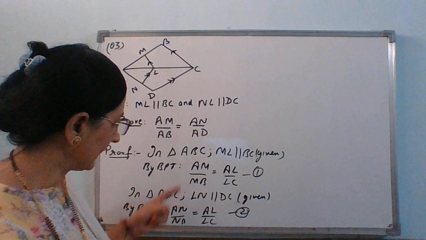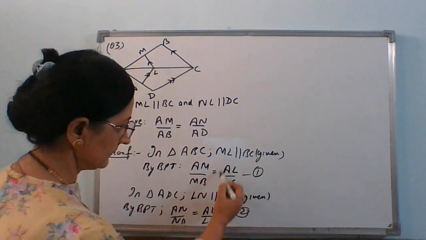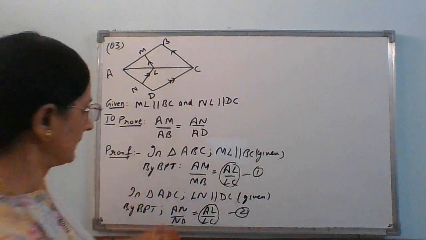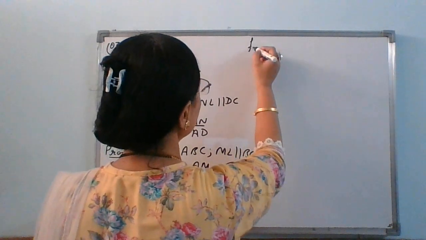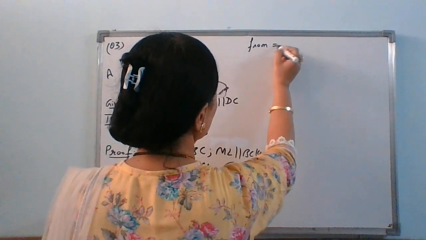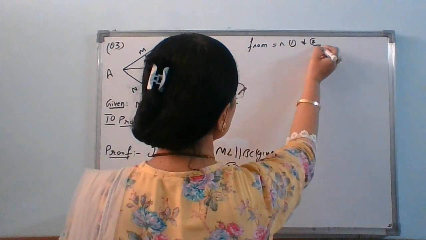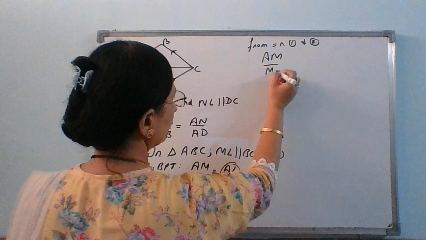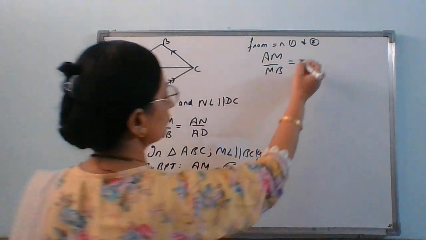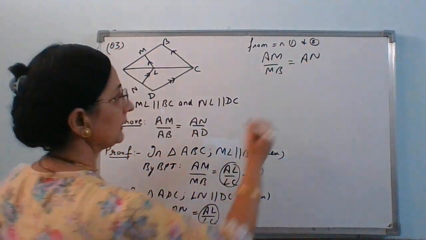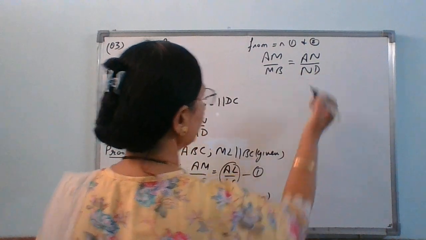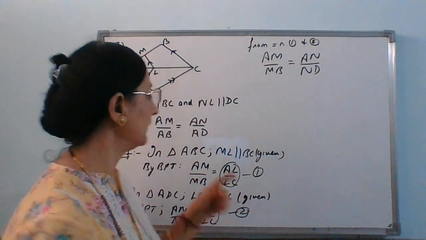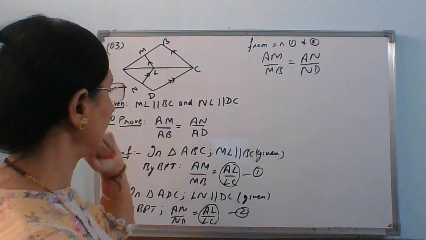Now on comparing 1 and 2, we can see that the right side part is the same. So we can equate the left side part, right? So we'll write from equations 1 and 2, this becomes equal: AM upon MB will be equal to AN upon ND. Right? Now, when we see the proving part, what you have to prove is AM upon AB, not